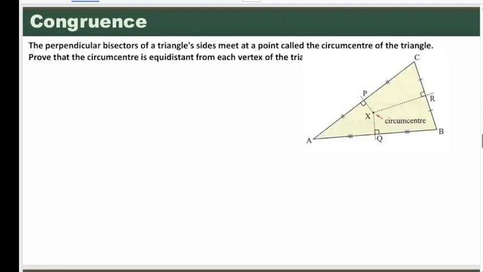So I draw a line from X to C and from X to B. I create two triangles, RXC and RXB. I prove these two triangles, RX, RXC